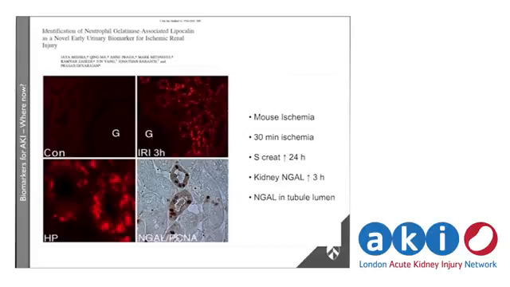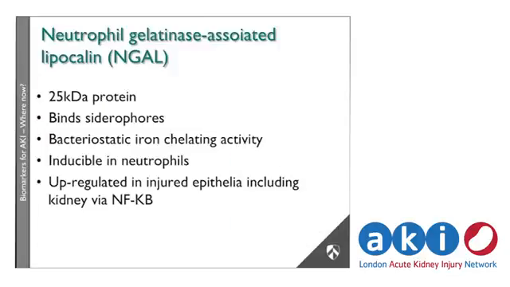So they really felt this was quite specific, but obviously this is a mouse with a completely normal kidney, and then you're subjecting it to an acute insult, which is ischemia. That's very different from a human being who has a very aged kidney, who is having a variable and heterogeneous insult, such as sepsis, nephrotoxins, dehydration, etc. NGAL is an interesting molecule. It has some iron chelating activity. It probably has a biological role in protection against urosepsis, potentially, but it's upregulated in injured epithelia via markers of inflammation. And that's not just in the kidney, but in the lung and in neutrophils.